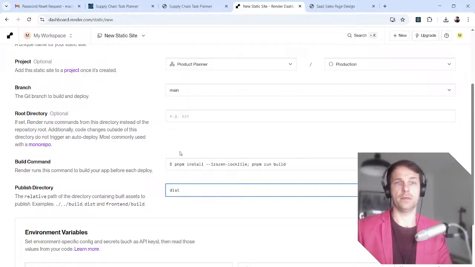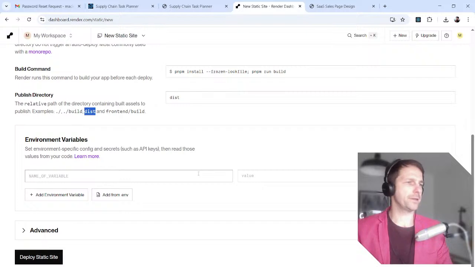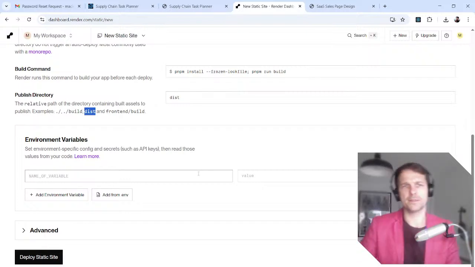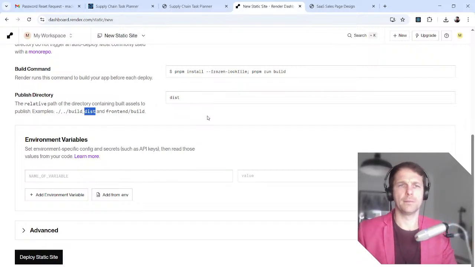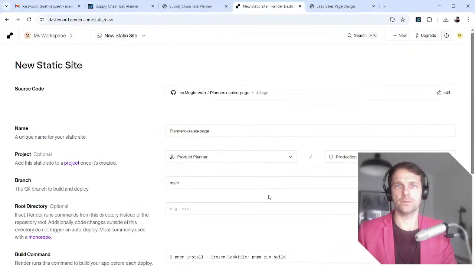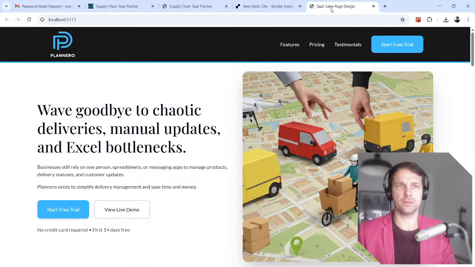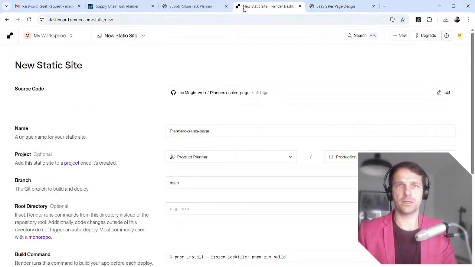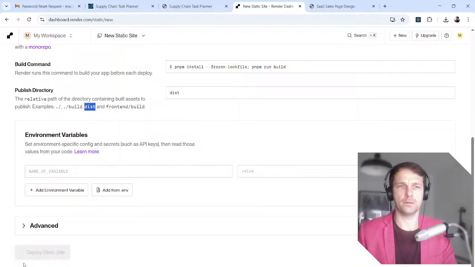Yes, I think so. Some variables. Do we have any variables at this stage? I don't think so. But we might have them later. Good. Okay. Deploy static site. Are we deploying it now? So are we going to have the sales page already just by clicking this button? Let's try.